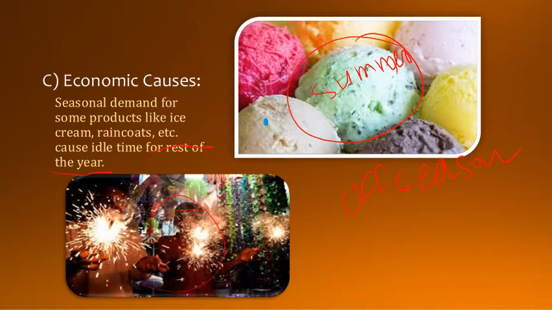So here is another example of firecrackers during Diwali. During Diwali there is good demand or huge demand for the firecrackers. Now the things have been changed, though there is a ban on the firecrackers, still some people use the firecrackers, but still there is a demand during the festive seasons, and that time there is more demand, so more production, but during the rest of the year there is less demand, and the workers remain idle for the rest of the year.